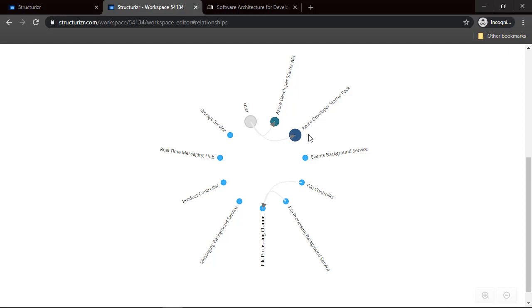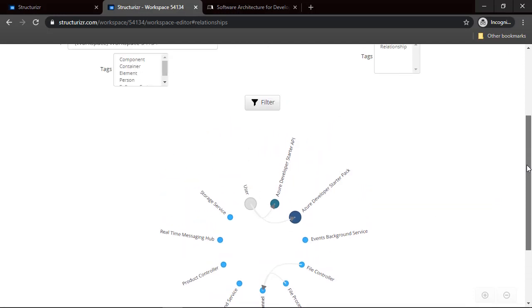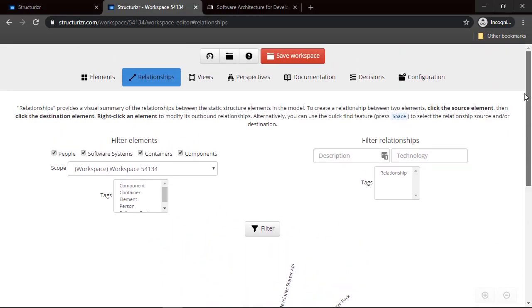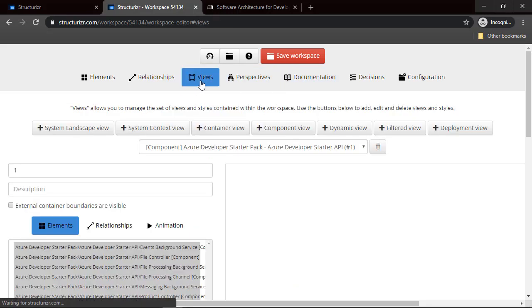And of course, this is not the end, because we can also see some relationships between different components inside the container. So in this case, in the Azure Developer Starter API, we can see that file controller is in a relationship with file processing background service and file processing channel. Okay, if I scroll up, here I can go to Views tab,